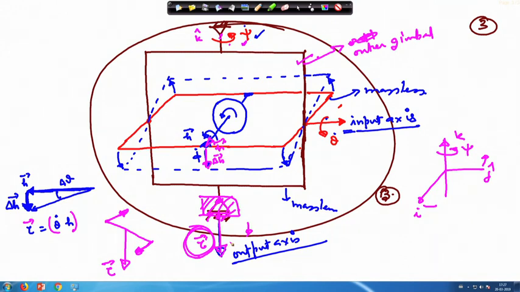Okay. So, as compared to your single gimbal, you can see that you have to use a motor to restrain it, so that this frame does not rotate, and this torque generated here gets transferred to the satellite main body. So that the satellite can rotate about this axis, as shown by this figure.